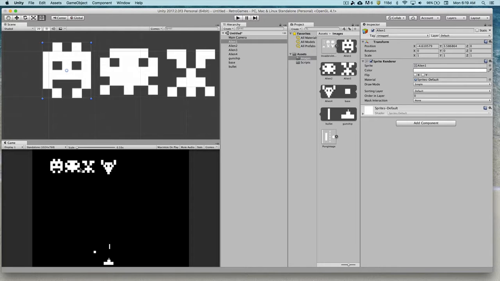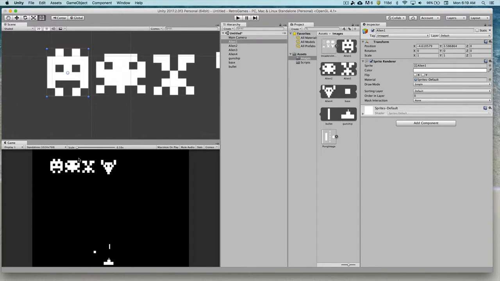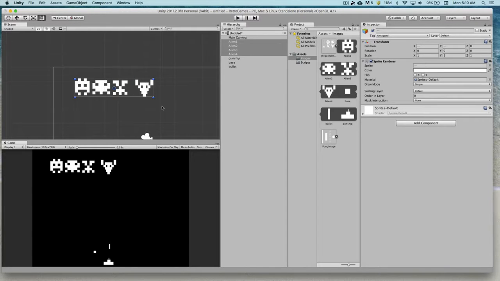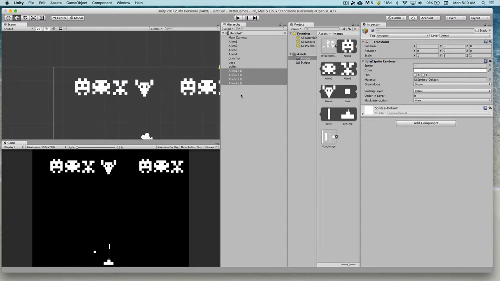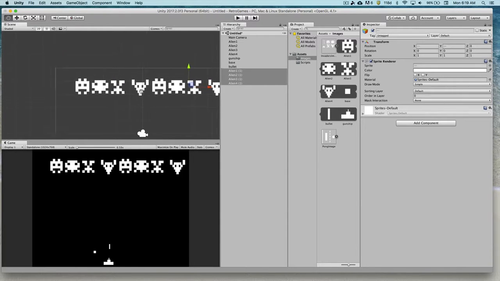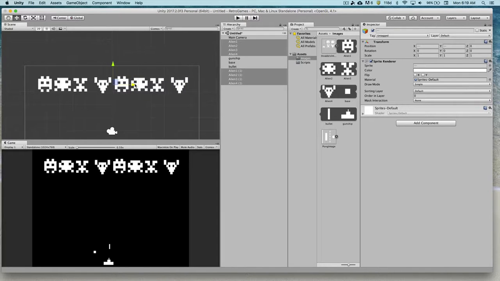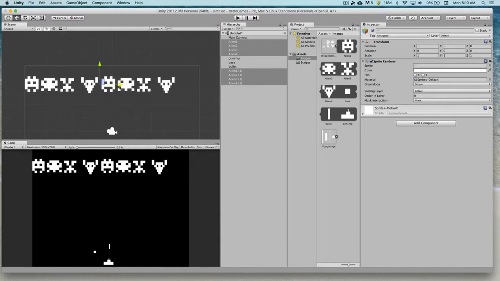Now, I want you to have about 6 to 8 or more rows of aliens, okay? But I don't want them to go all the way across the screen. So what do I mean by that? Well, eventually we'll duplicate all these aliens and put them here like this. Now, this is 8. That's fine. It doesn't take up the whole scene, but you have to remember, with our alien waves,